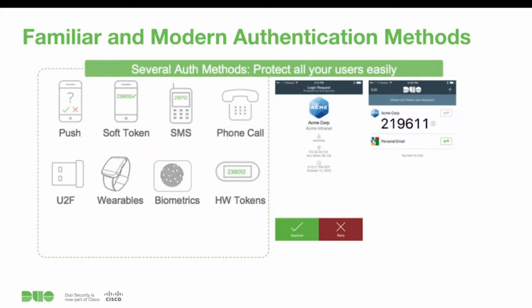One of the things that Duo really wants to do is make sure that we are providing universal visibility and control. The foundation of that is making sure that every user has a way that they are able to authenticate. So along with giving you the policy tools to restrict these to only the factors that you want to allow for your environment, we do allow a wide variety of methods for authentication. By far the most popular of those methods would be push. You can see a screen cap of that here to the right of that little chart.